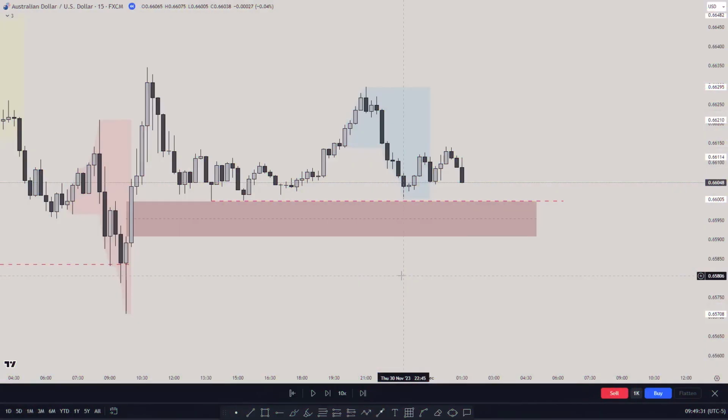Now, all I'm waiting for is price to sweep the liquidity level in a kill zone, so either London kill zone or New York. And this is very discretionary, this is my way of doing it. You can create a mechanical way if you prefer. What I prefer is a discretionary way. What I do is either wait for price coming into the range, change in the state of delivery, or fair value gap. The first one I would take, sometimes I'll take the second one. It depends on the logic behind the trade, and that's what I'm trying to tell you here.